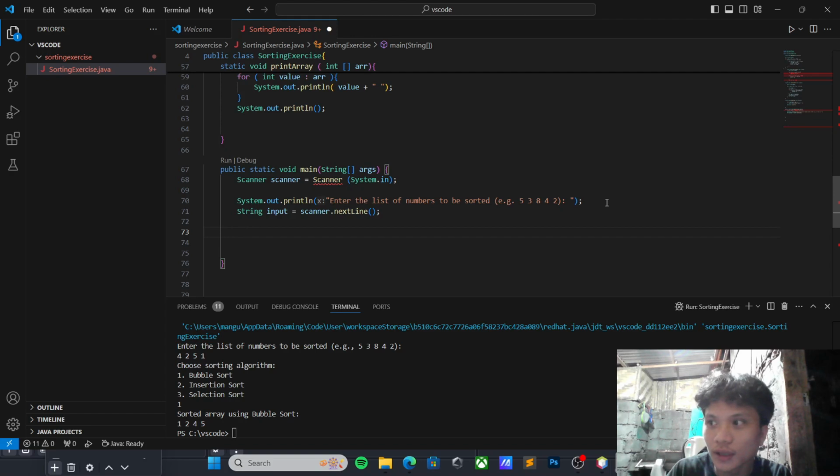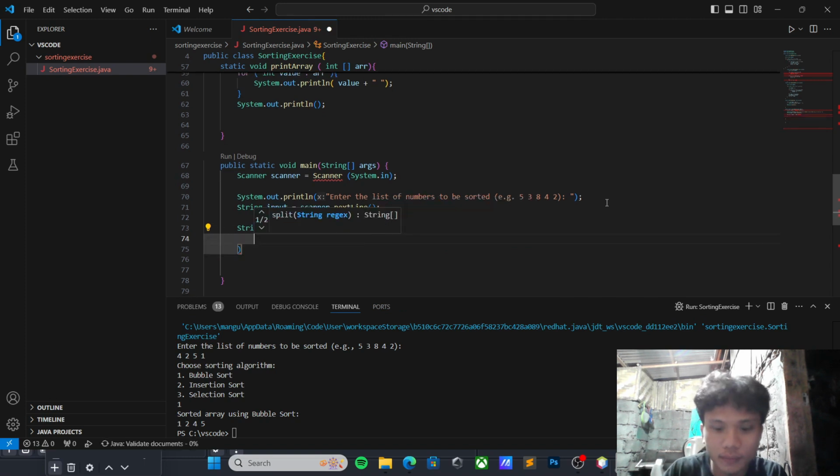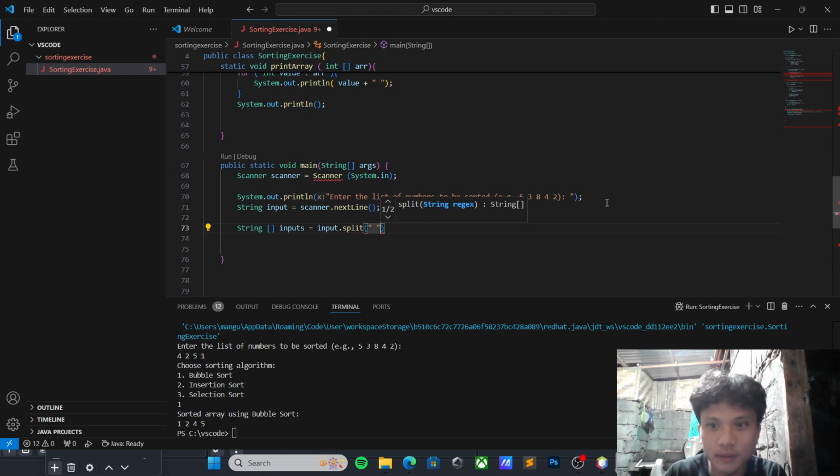Then we have to add String[] inputs equal to input.split. So the split method is used to divide the input string into an array of substrings, each representing a number.